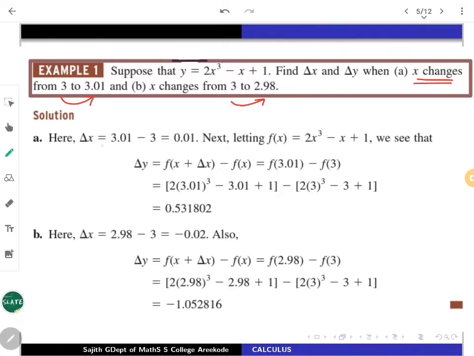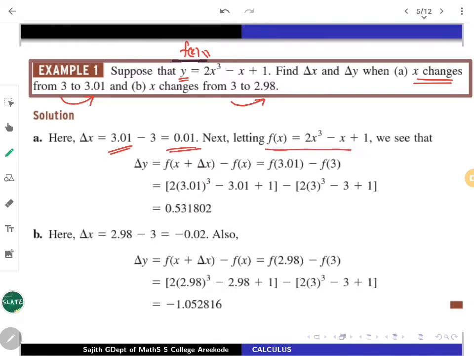So what is the variation going to happen? See, y is here. That is f of x. y is going to be your f of x, which is given. Delta x means, in the first case, you go from 3 to 3.01. So x plus delta x minus x, you have to look at 3.01 minus 3. You will be getting 0.01.